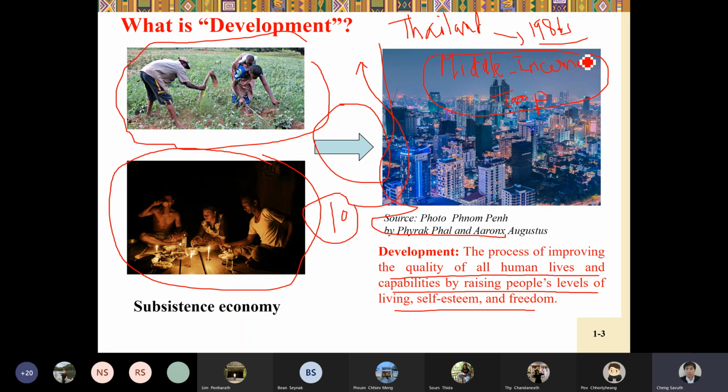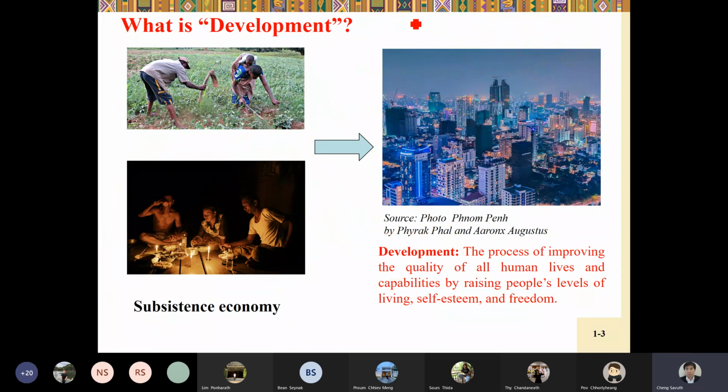There are experiences of many countries that go forward and then fall back. Okay, I think in Southeast Asia, one of the countries that experienced fallback, you may have heard of the Philippines, right? Philippines